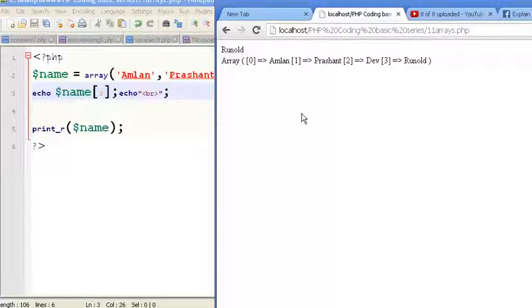The indexes in a non-associative array, like I have told, start from 0 by default and go up to the index till which we have defined the values. Here we have defined 4 values, so there are indexes 0 to 3, and we can see the values neatly listed out. Hopefully in our upcoming tutorials we'll look at associative arrays, wherein the indexes are also defined by us, and there's a relation between the index and the value assigned to it. That's why we call it an associative array, because there's an association between the keys or indexes and the values assigned to them.